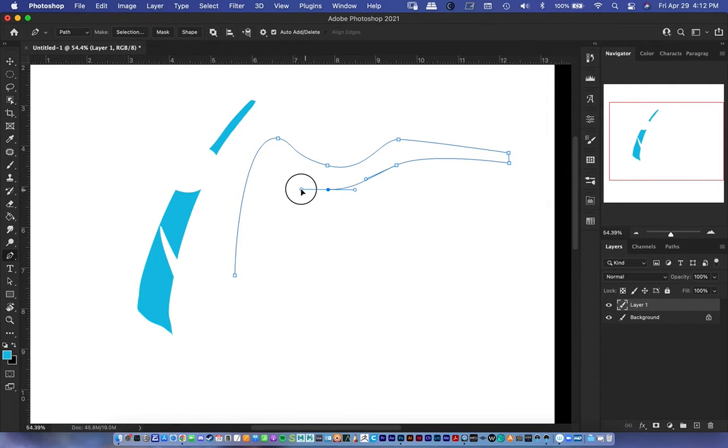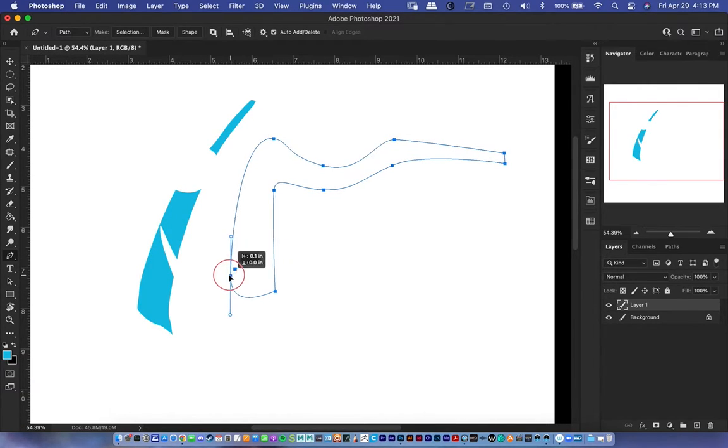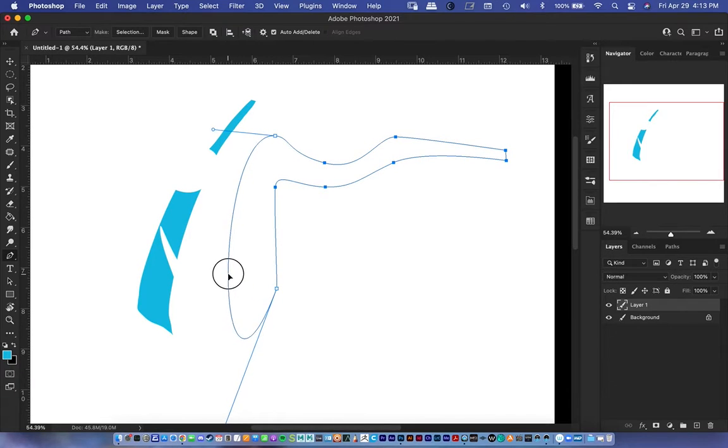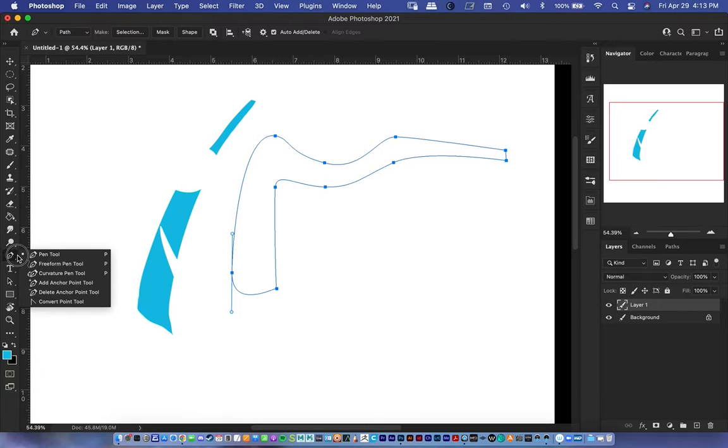shape to it here. So with the pen tool, just like the lasso tool, it won't make the selection until you bring it back to this point right here, your starting point. So I'll just bring it back, and you can see my pen tool has a little O at the bottom right, so that allows me to close it off there. After the fact, with the pen tool, adjusting it's a little clumsy once you've closed off the loop here,